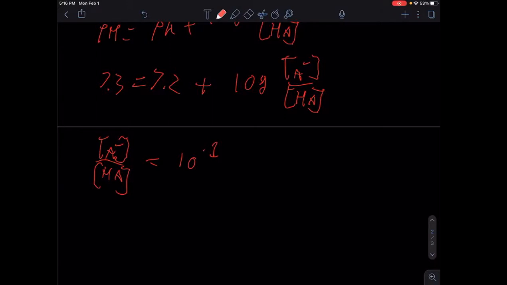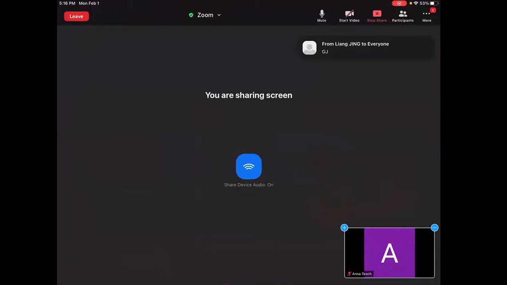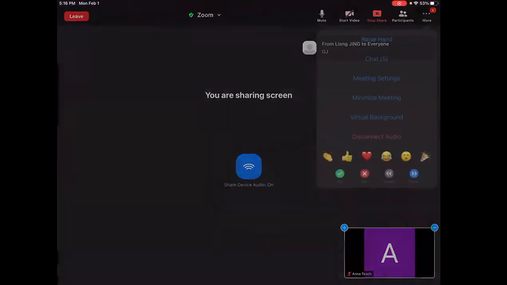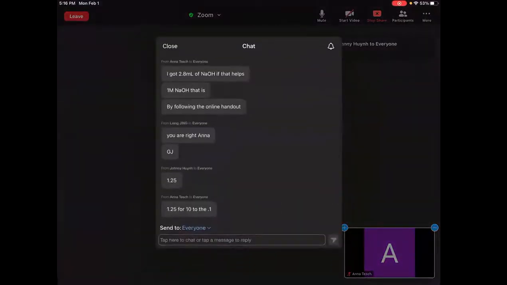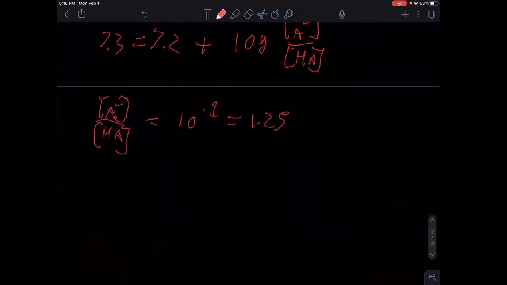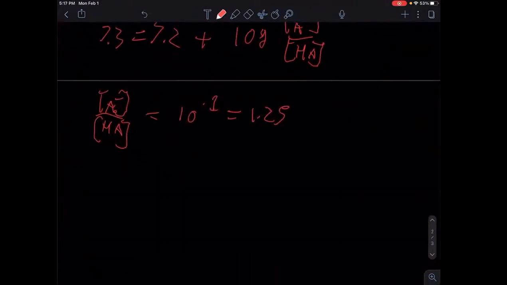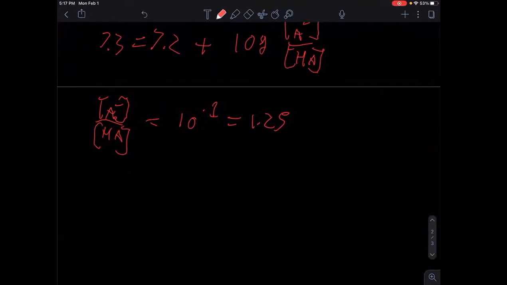Someone say an answer. I'll put it in the Zoom chat. It's 1.25. Thank you. So that's 1.25. So we're saying, yeah, we have A minus equals 1.25